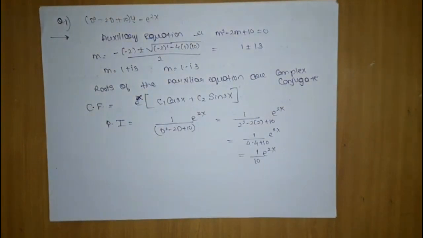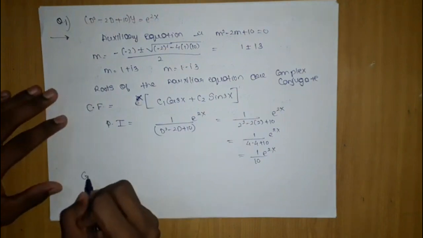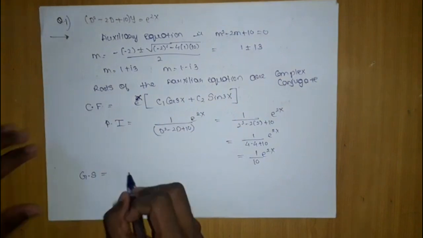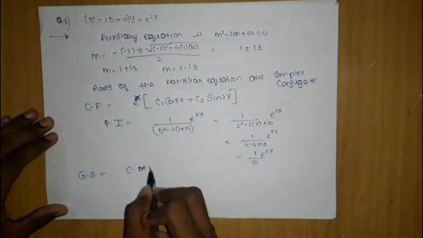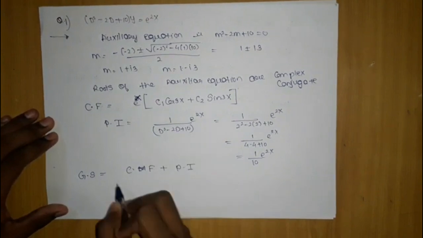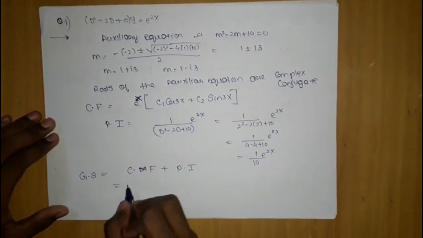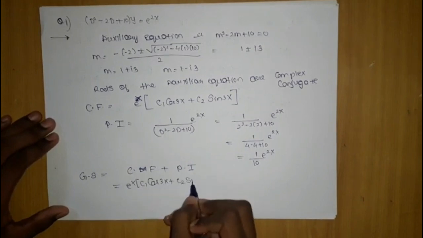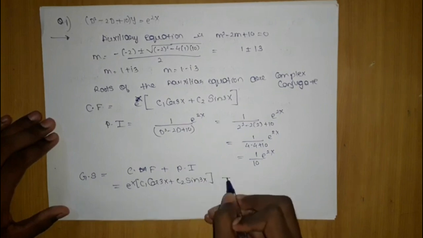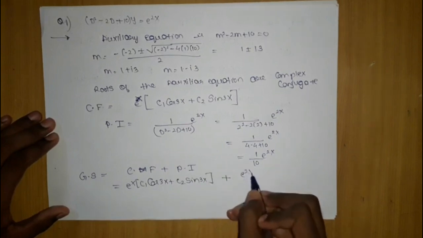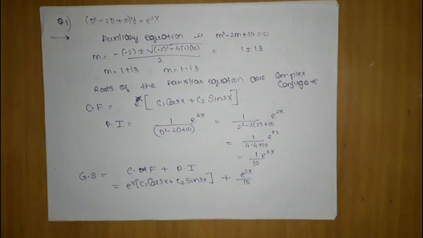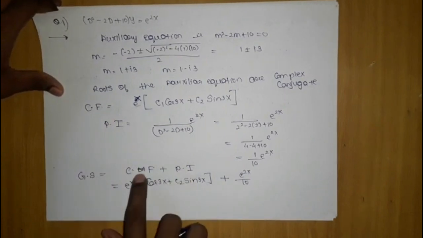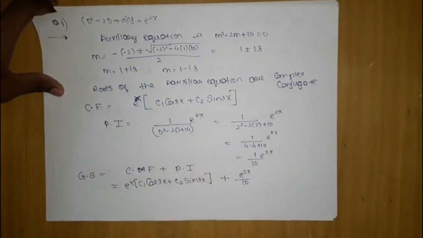Now what you have to write in the end, you have to write in a complete statement. You cannot write just GS. I am writing G.S., which means general solution, is nothing but complementary function CF plus particular integral PI. After this you have to write both of them, which will be e^x (C1 cos 3x plus C2 sin 3x), and here the particular integral will be e power 2x by 10. So this is our answer with a proper statement. Just write complementary function, particular integral, and general solution with proper words.